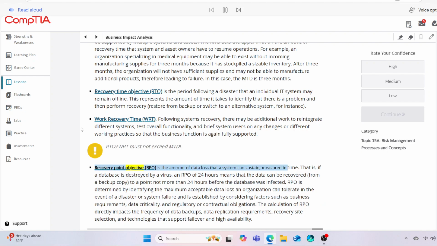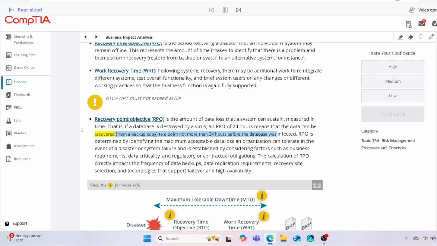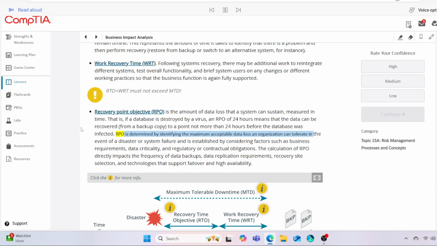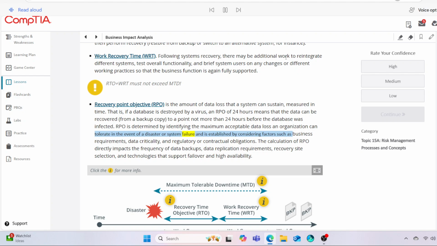Recovery Point Objective, RPO, is the amount of data loss that a system can sustain, measured in time. That is, if a database is destroyed by a virus, an RPO of 24 hours means that the data can be recovered from a backup copy to a point not more than 24 hours before the database was infected. RPO is determined by identifying the maximum acceptable data loss an organization can tolerate in the event of a disaster or system failure and is established by considering